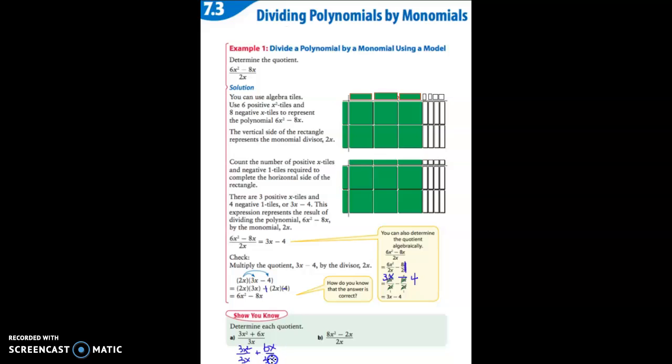You could do that. So you know that the x cancels, and then you have 1x on top, so the square is gone, the 3 and 3 is gone, so you have x